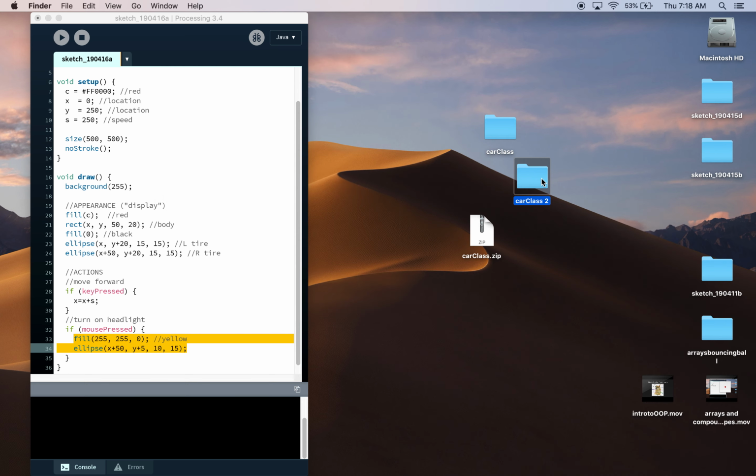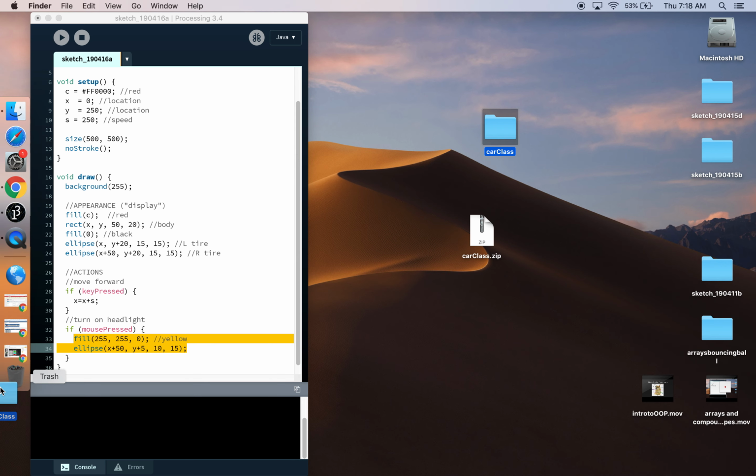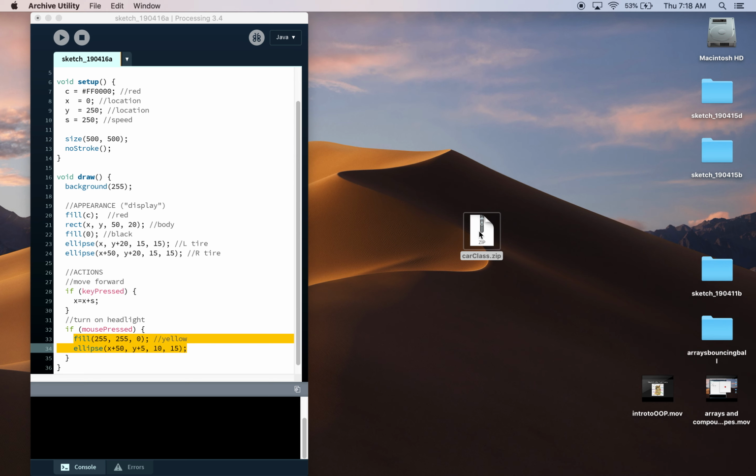So if you end up in that situation, it's probably because you've tried to save two different folders in the same place and they can't have the same name. So if you're downloading something and you already have an unzipped file there, just toss it in the trash. And then if you unzip it, you'll get your correct car class there. So just a little bit of file management on the end of this video,